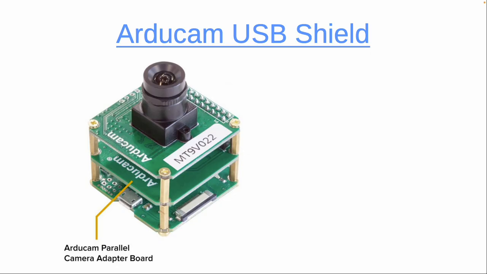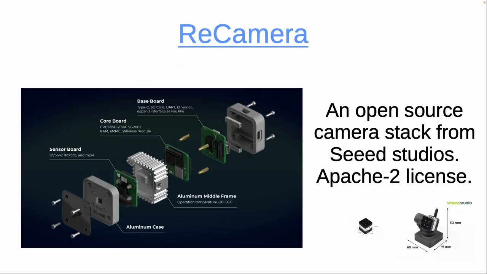There are a number of ways that these cameras and things are assembled. So here we have the ArduCam USB shields. The bottom board is either USB 2 or USB 3. The top board is one of very many cameras, and the middle board is a smaller number of bridge boards, adapter boards between the cameras and the USB bases. There's also this gorgeous camera, completely open source.